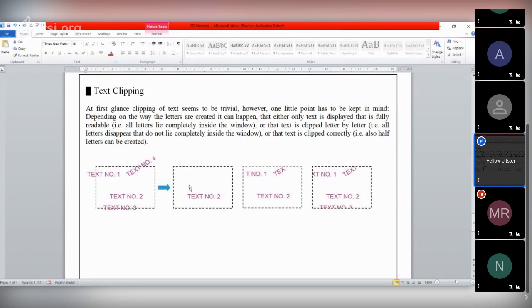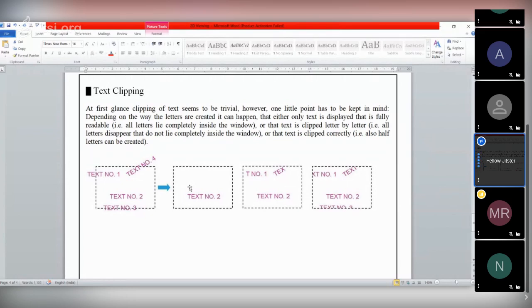Second type, all or none character clipping. That means if all characters are inside the window, we will consider them. If a character is completely outside this window, we should reject it.